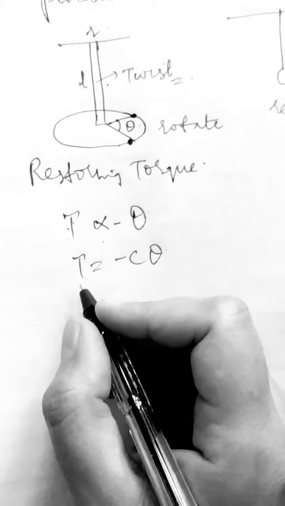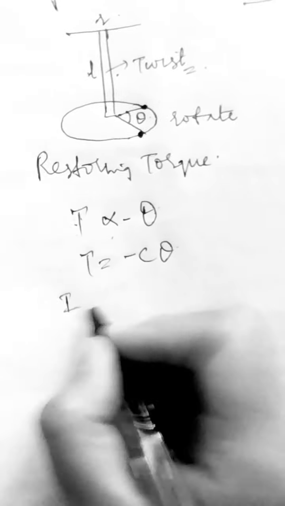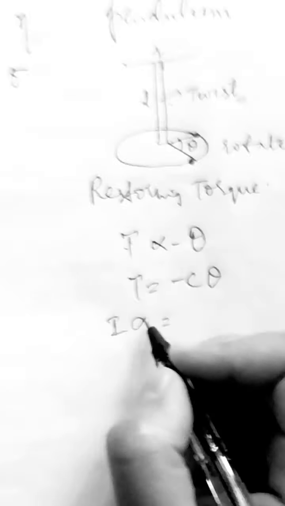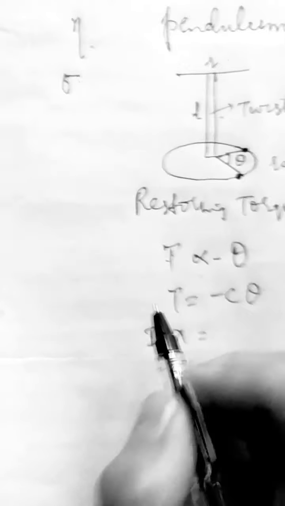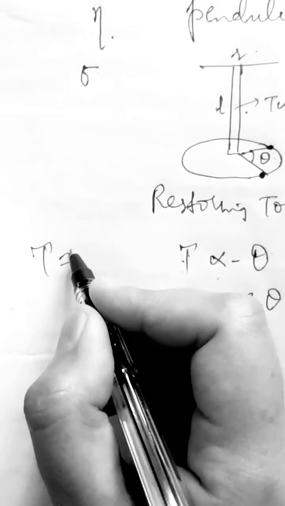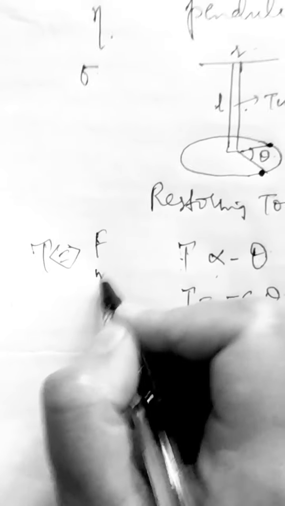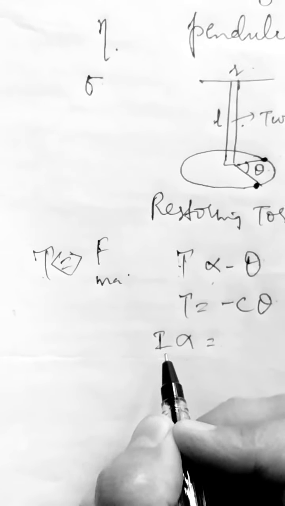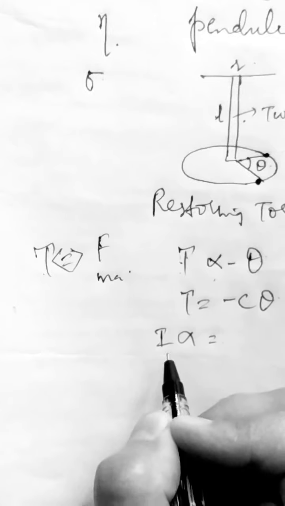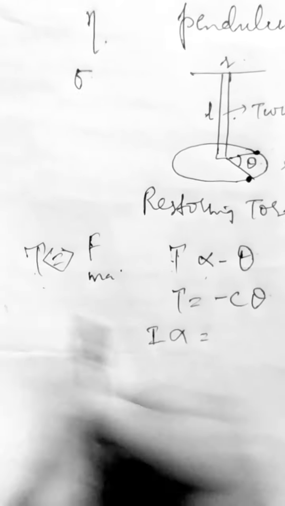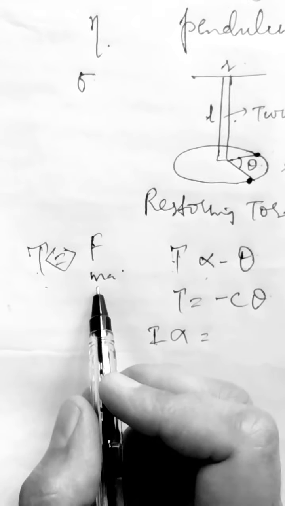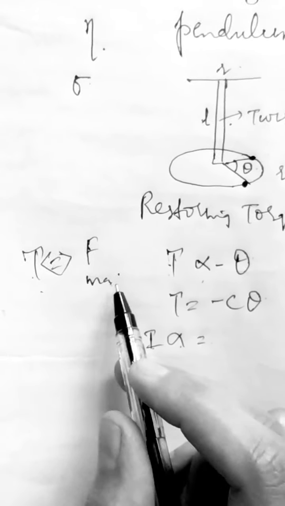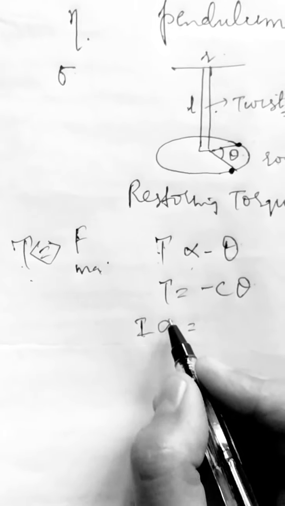Now, we know that in case of rotational motion, torque is written as I alpha, where I is the moment of inertia and alpha is the angular acceleration. In rotational motion, torque is analogous to force. And since force is mass into acceleration, torque is equal to I into alpha. You have learned about these relations in detail in a previous video. You can go back to that to recapitulate. So torque is moment of inertia, which is a substitute for mass in rotational motion, times alpha, which is a substitute for the small a. This a is the linear acceleration and alpha is the angular acceleration.